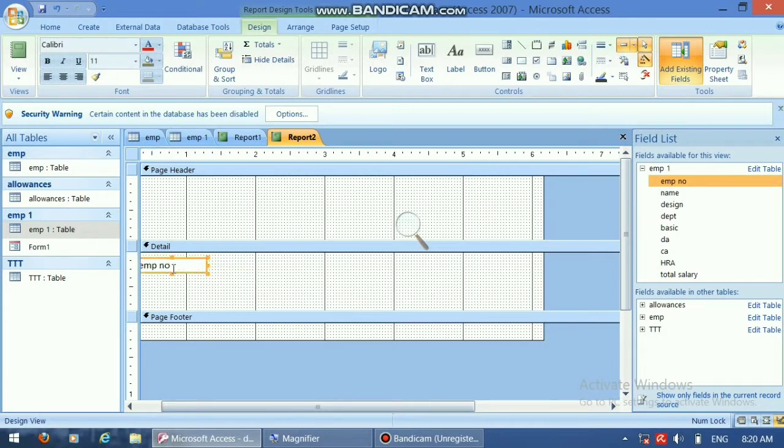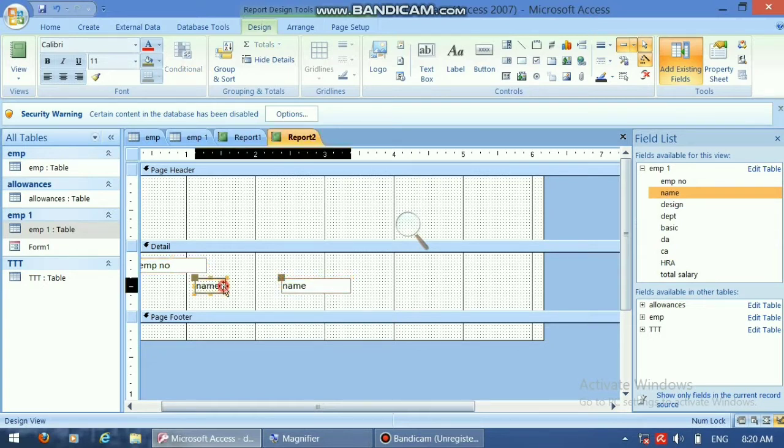Then one by one, drag name to this area, and drag all the fields you want in your report.